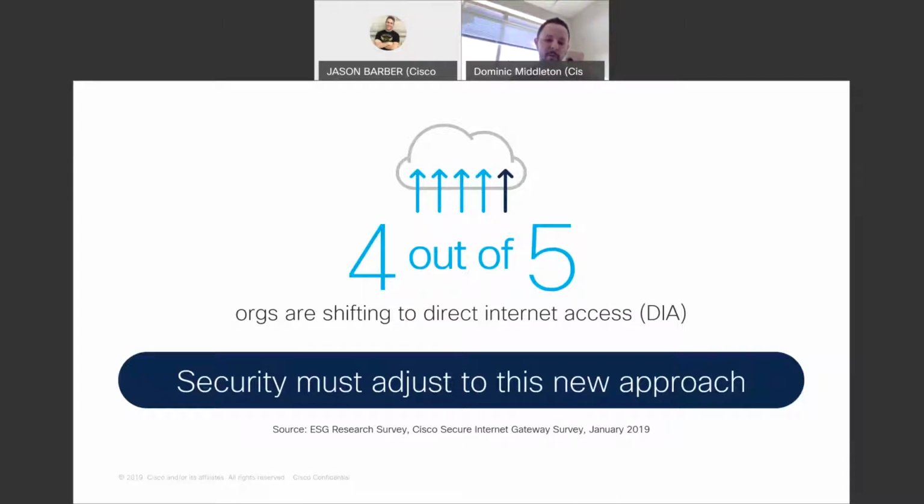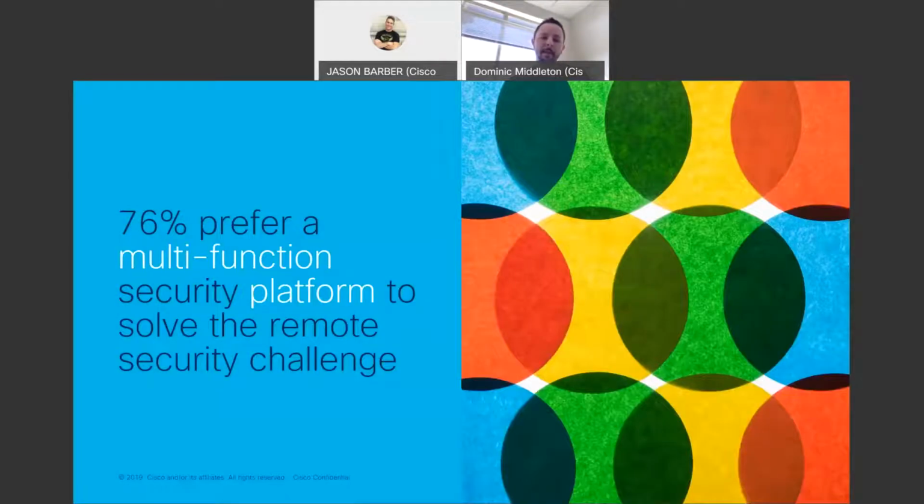And again, going back in time a few years, the security conversation typically looked like we'll set up all of our tunnels, all of our traffic, all of our business continuity. If there's any budget left over, we'll find a way to bolt security onto that conversation too. And that has to change as well. With everything happening the way it is today, the different threats that are out there, which we're going to talk about, the different mindsets, this has to change too. So as customers move to that direct internet access setup, security has to shift alongside that. Security has to be part of the initial conversation and has to be built into the budget and into the infrastructure from the very beginning.